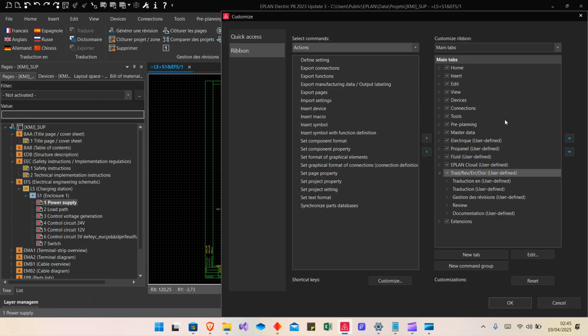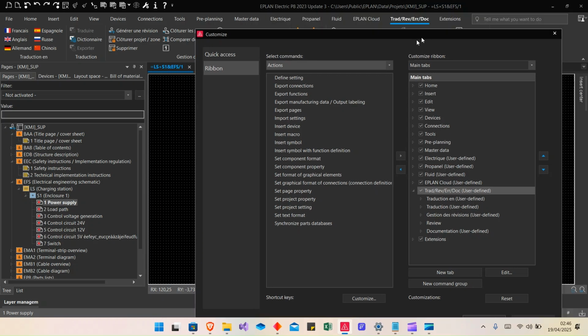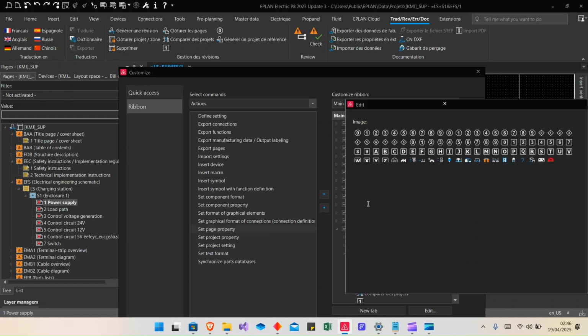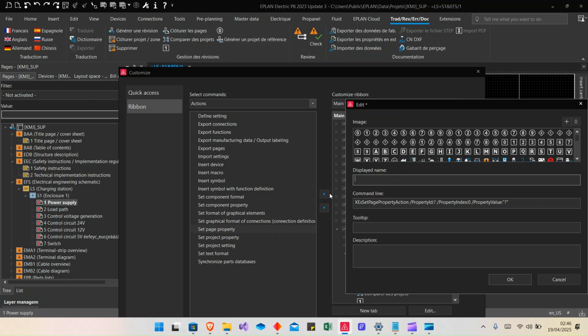All right, for me, I want to insert my watermark button in this tab. So for me, it's trade, rev, error, and doc. So I want to insert it, for example, in here. And to create my button, for me it's set a page property. All right, set a page property. I don't need a display name in this case. For me, for example, I want to put an image, and we have the command line